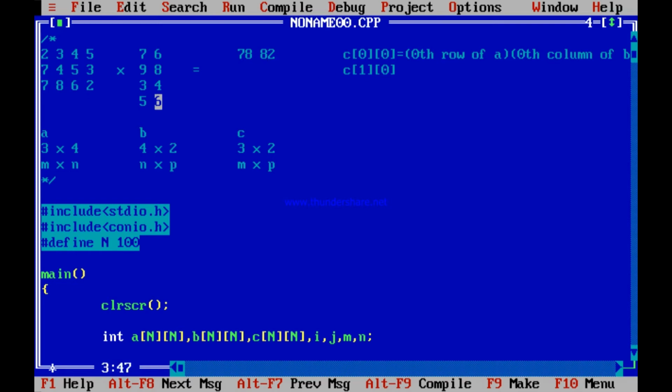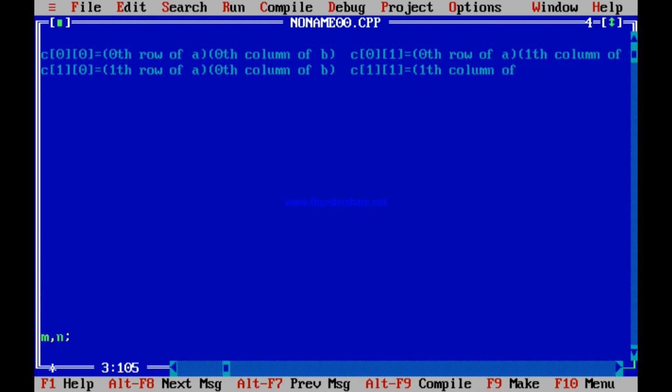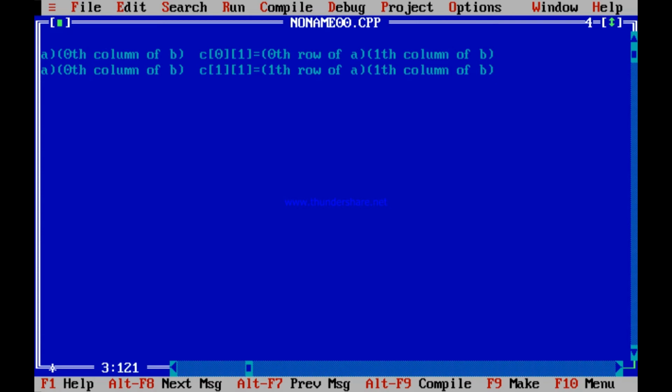Now C10 is the 1th row of A and the 0th column of B. And if you have to calculate C11, then it should be the 1th row of A and, remember, the 1th column of B. I think you understand this.